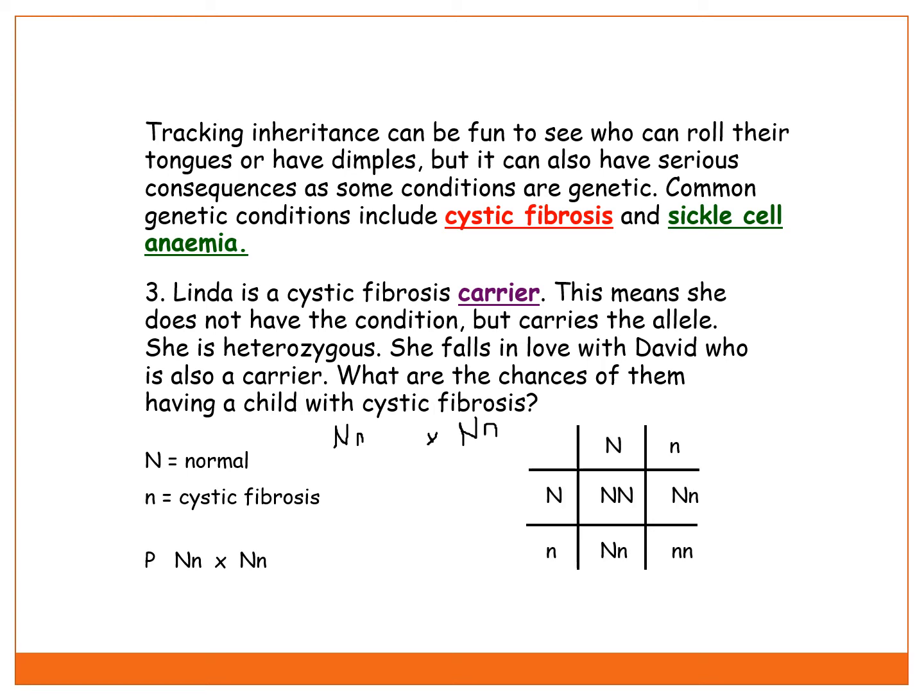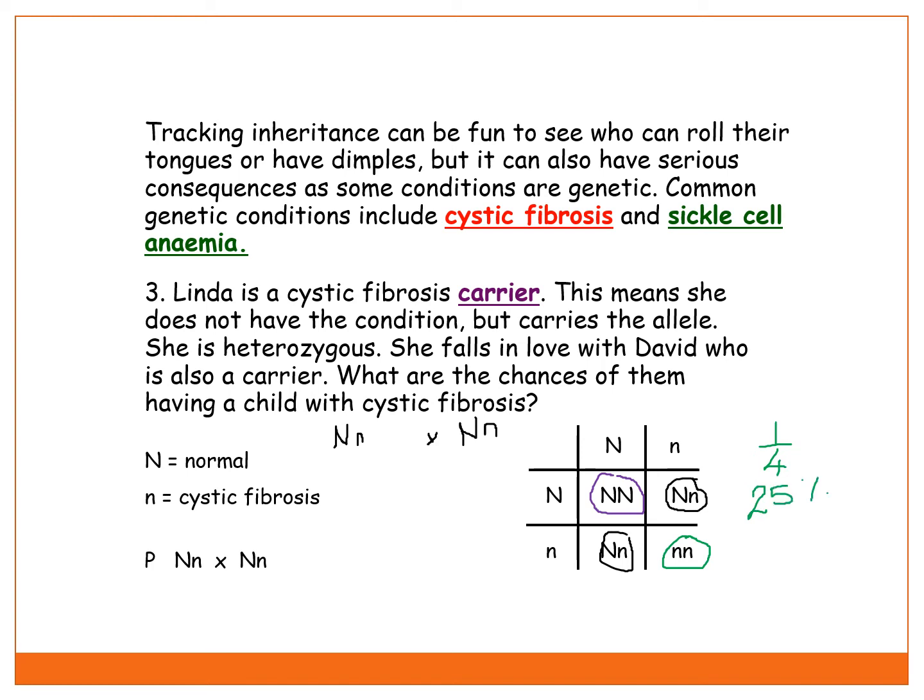So we should have a capital N, capital N, capital N, small n, a capital N, small n, and a small n, small n. So we know that this person and this person would be carriers. This person would be normal and wouldn't have the disease at all and wouldn't be a carrier. And this person would have the disease. So what chance of them having a child with cystic fibrosis? So that would be 1 out of 4, which is 25%